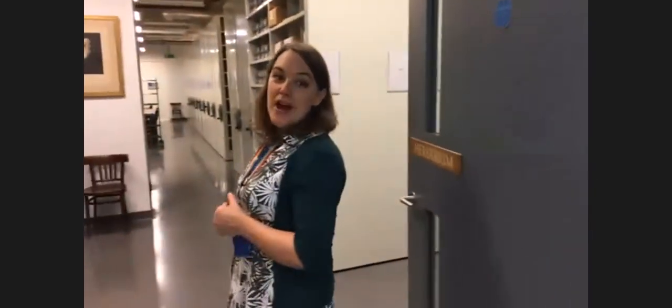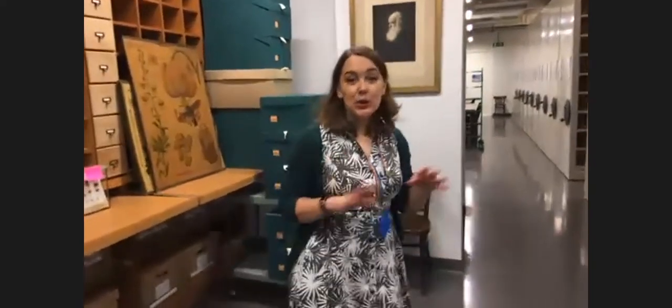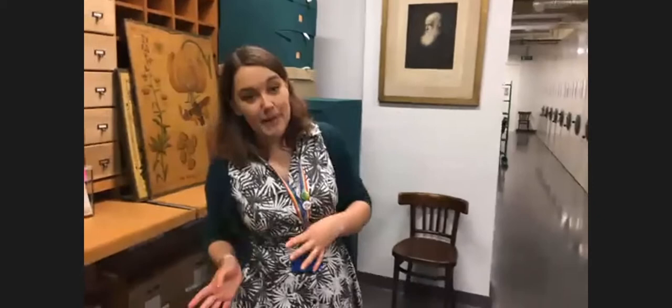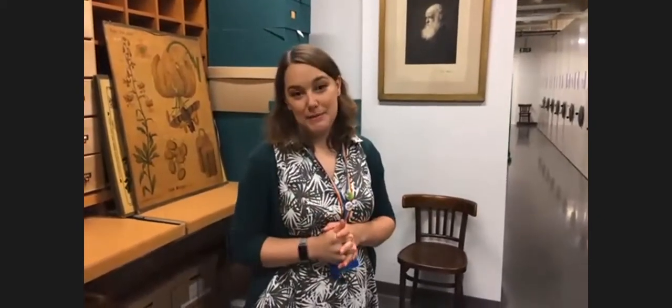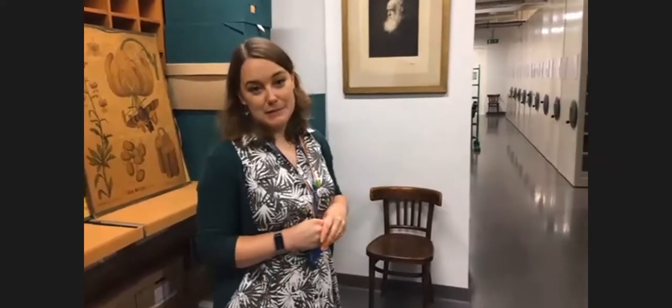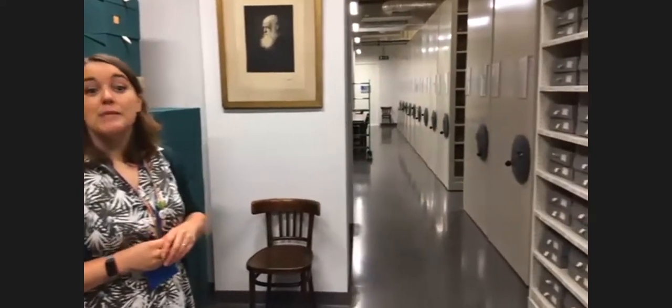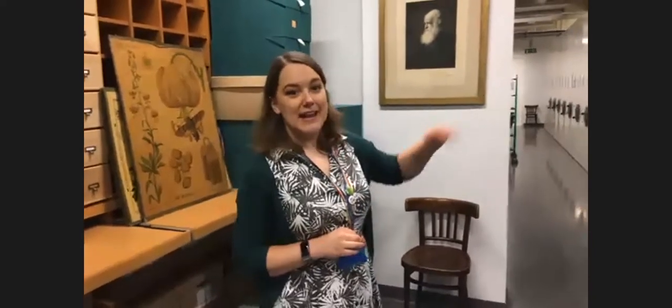Okay, so this is where the herbarium collections are actually stored, and it's a pretty much climate controlled space. We keep specimens cool, we keep them dry, we keep pests out as best we can to stabilise the specimens and keep them protected for hundreds of years. This space is in the basement of the Sainsbury Laboratory. Sainsbury Laboratory is on the Botanic Garden site, but the herbarium itself is actually part of the Department of Plant Sciences. So Kathy is just going to show you a little bit of the layout of the room,